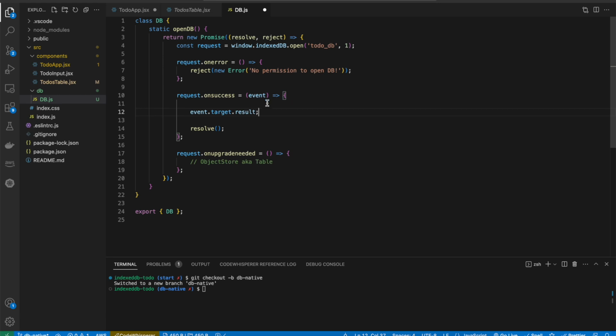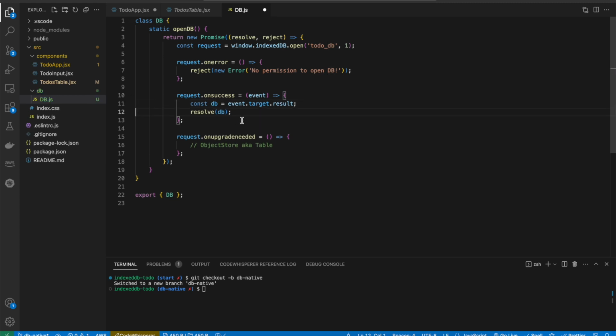This result holds the DB object. So let's call it DB, and this DB we can pass to the resolve method. That's all it needs to initialize the whole database. Now this will do in all the scenarios except the first one, or when there was